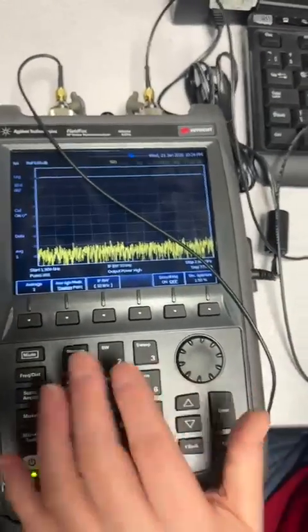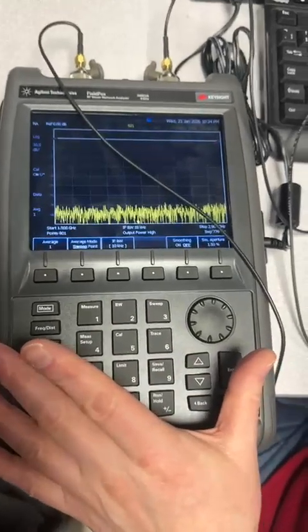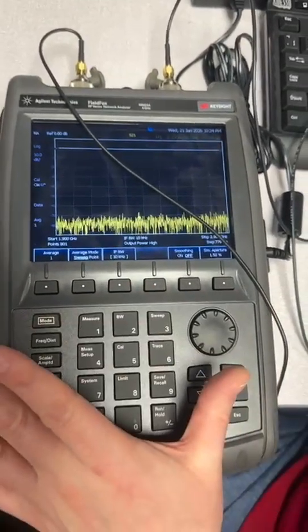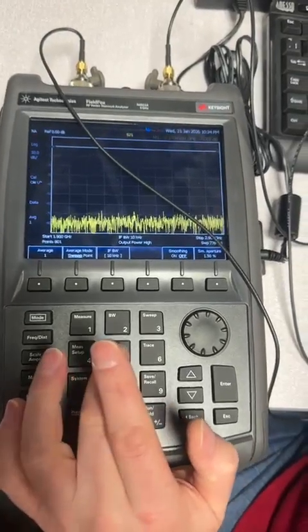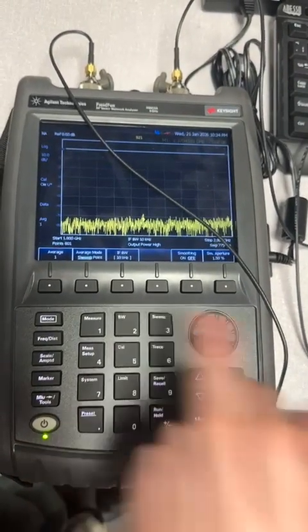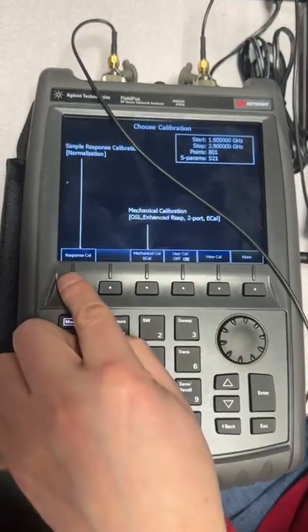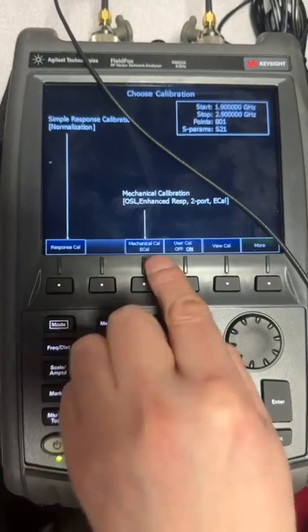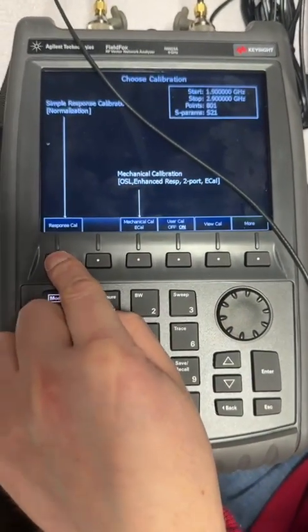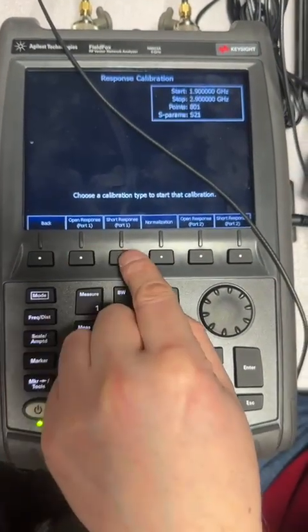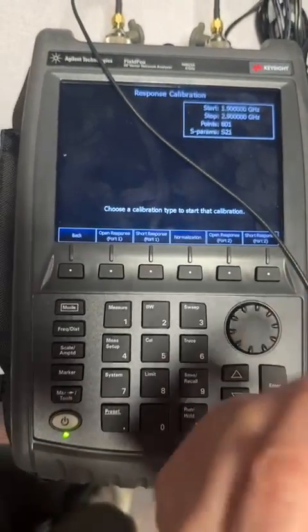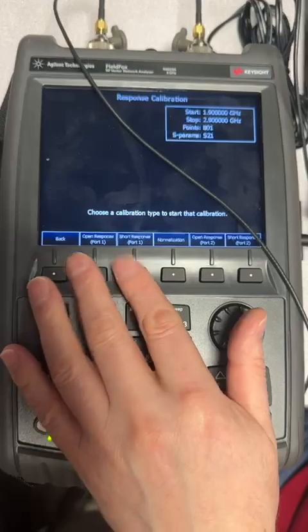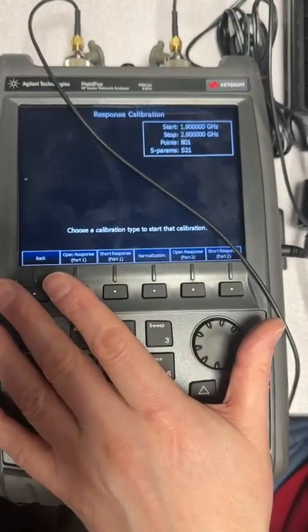Yeah, so I think we've covered most things. Sweep, you don't really need to worry about that. You can use the default ones for the measurements you're doing. But the other thing you need to bear in mind is, I'll get some cal standards, so when you hit this cal button, we're going to use response cals. We don't have these mechanical ones for now. And you've got these open and short circuits, and I'll give you a homemade one, if you like, to do these. You're not going to have a perfect